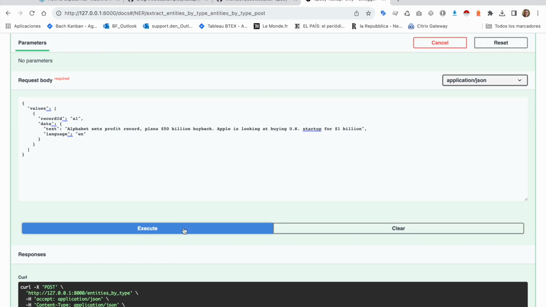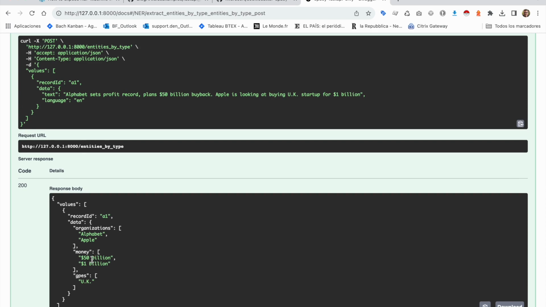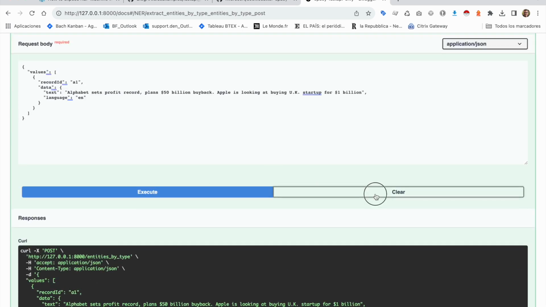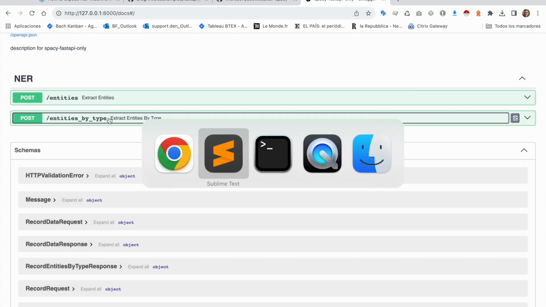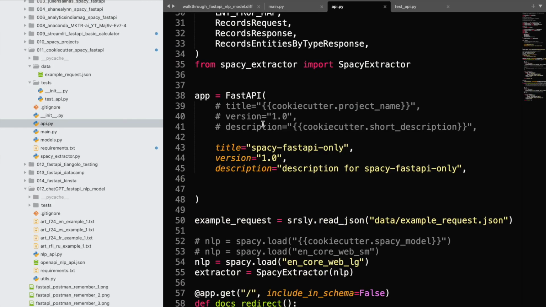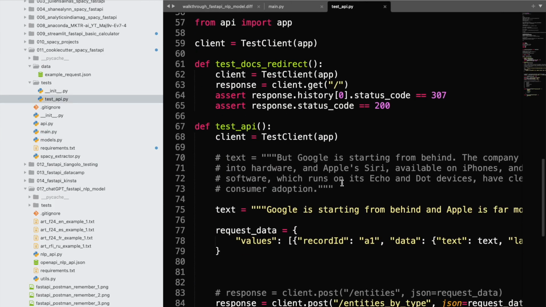So you see, it's detecting Alphabet, Apple, and so on and so on. And the UK as a place. Okay, so this is a classical NER. I've already made a few attempts on that. So let's see the test, how they are working. And basically, I'm just finishing like that. So the test is going to load